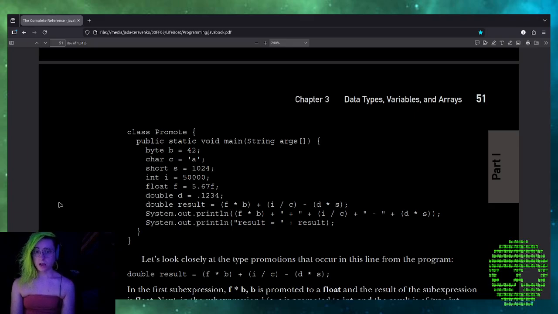double result = (f * b) + (i / c) - (d * s); System.out.println((f * b) + " + " + (i / c) + " - " + (d * s)); System.out.println("result = " + result);